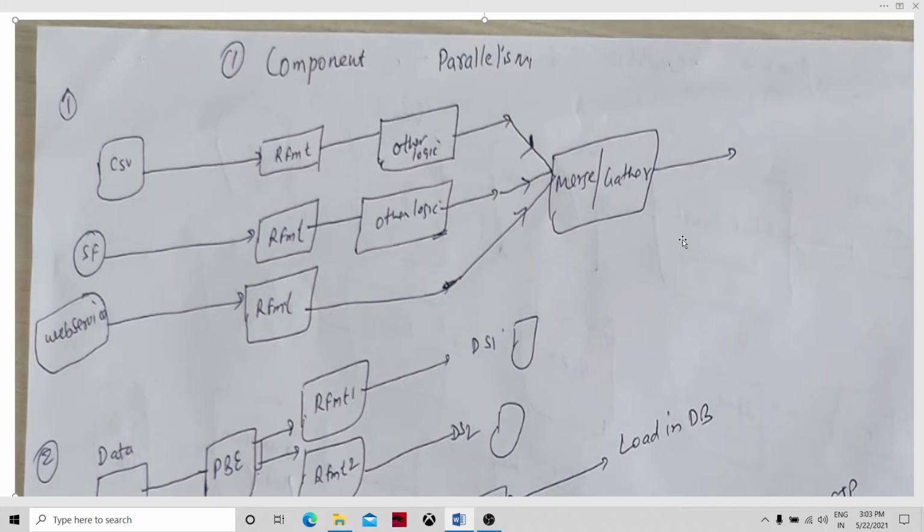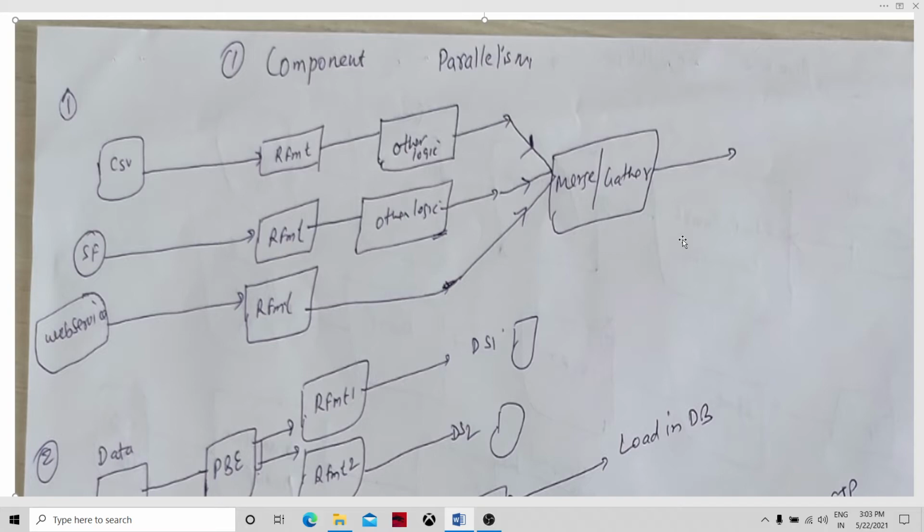Okay. Now let's talk about component parallelism, and its definition. Component parallelism is where program components execute simultaneously on different branches of a graph. A graph is a diagram which constitutes the components and the flows. Various components are connected through flows from the initial stage to the target stage. That makes it a graph.